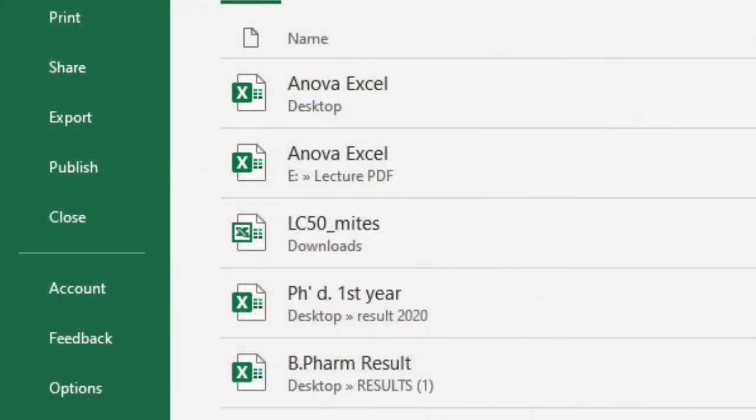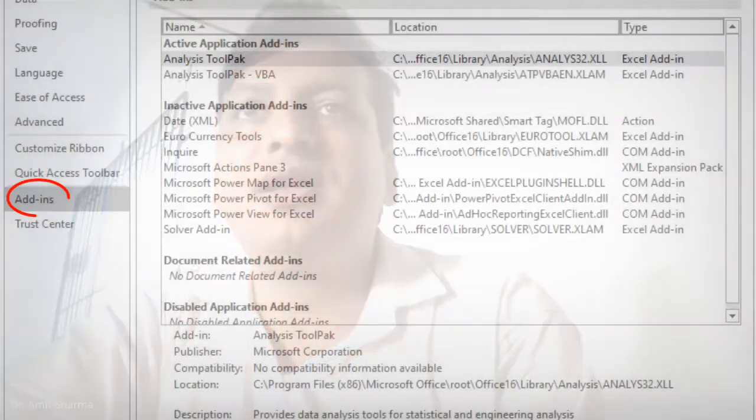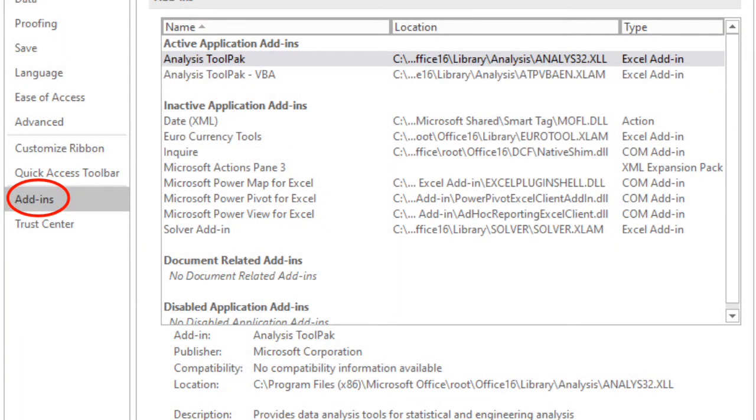Click on File. At the bottom, you have an option. Click on Options. If you click on Options, there is an option called Add-ins. If you click on Add-ins, you can see at the top Analysis ToolPak and Analysis ToolPak VBA. Both of these you have to add by using the option called Manage and Go.